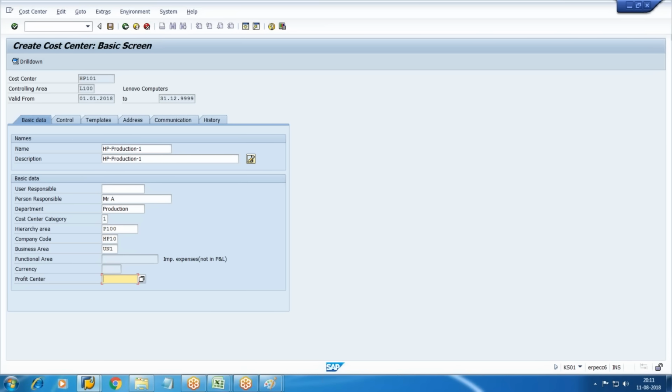Profit center. In future we are going to add the profit center, but right now we don't have it, but we will assign the profit center. So when you save the data, it will ask you for the profit center. I converted that error into a warning message. So once you save it,